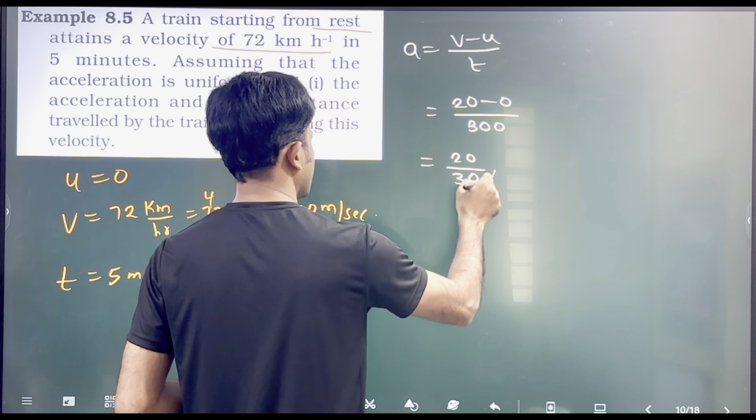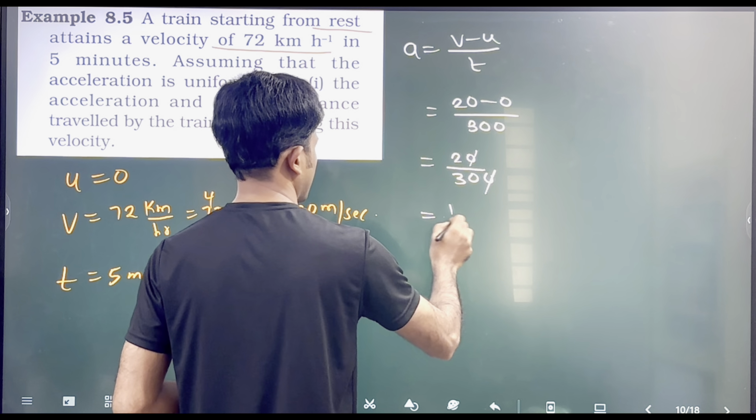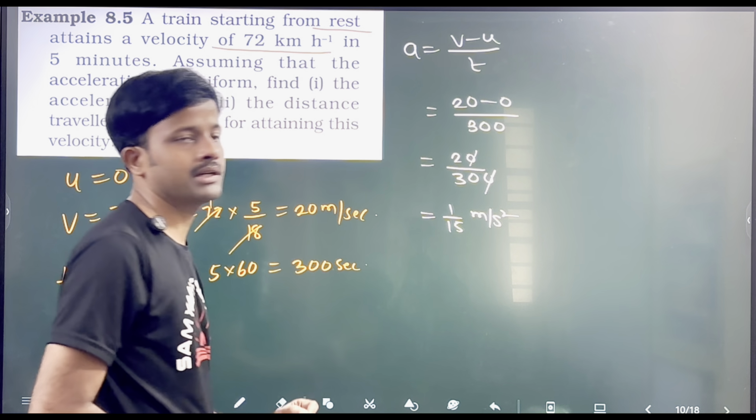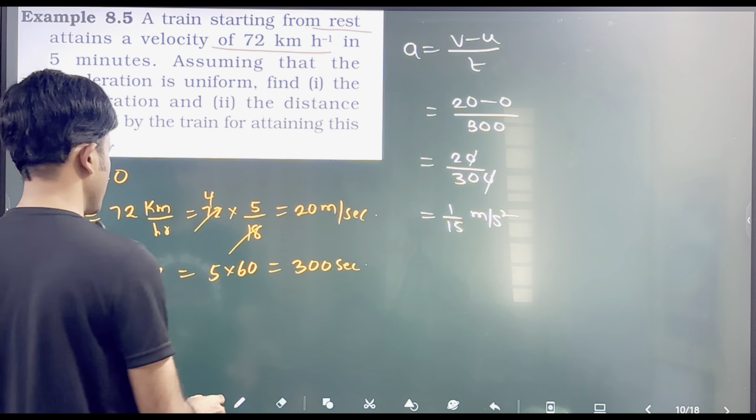Okay, 20 by 300, the zeros cancel. 2 by 30 is 1 by 15 meter per second square. So this is your acceleration. Okay, so next you find the